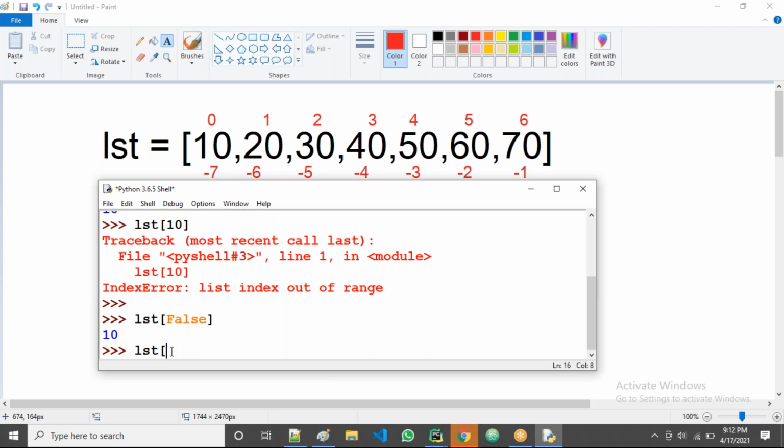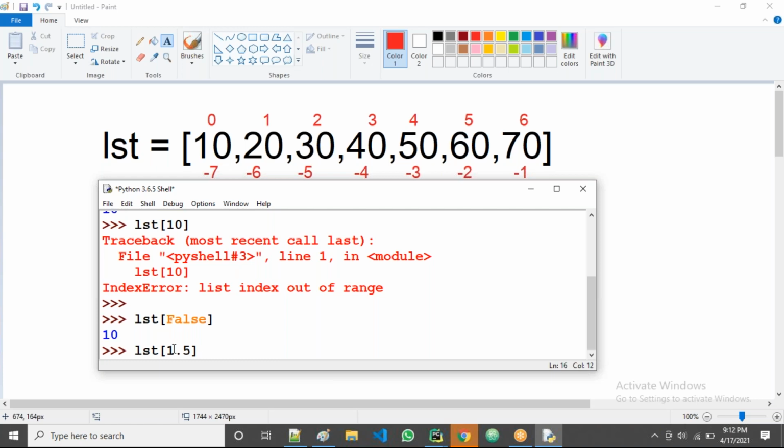Next, lst of, suppose 1.5, guys. Then what is the result? If it is an error, tell me the error name. I need the error name and the reason for the error. Someone is giving the answer 20.